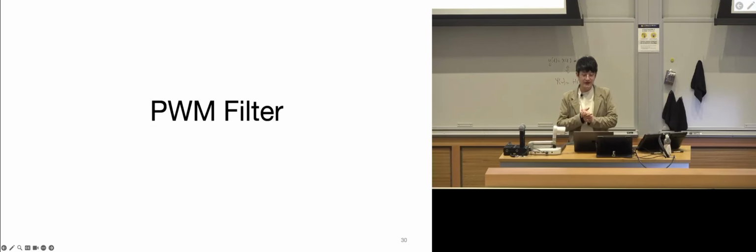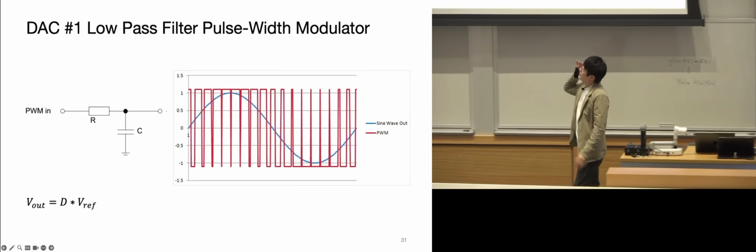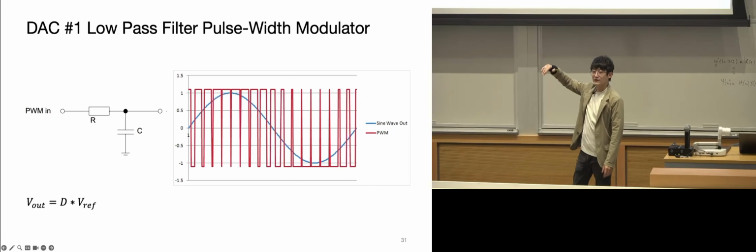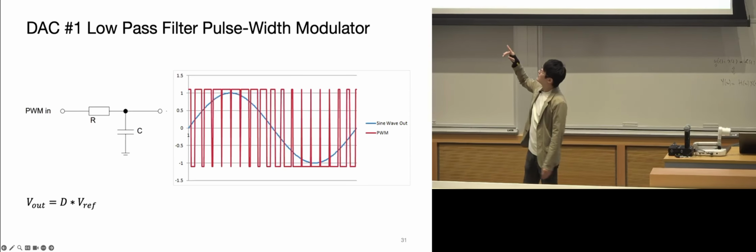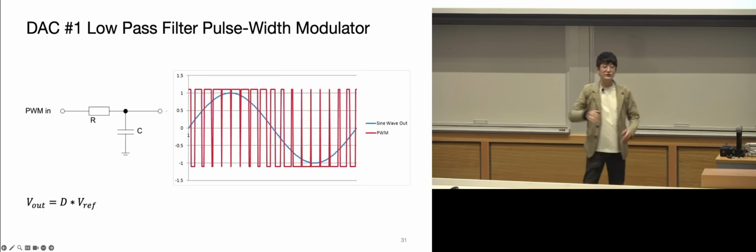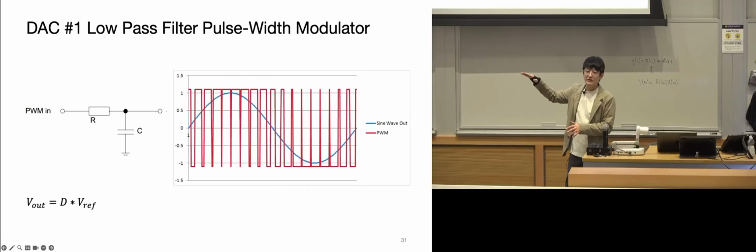Okay, so then we will move on to one of the simplest types of DAC. It's called the PWM filter. You probably remember, if you have an RC circuit and a consistent voltage, it takes some amount of time for the RC circuit to charge up, right? Depending on the value you put on there, the charged up value will be different. And conveniently, we could use a PWM signal to generate effectively different levels of equilibrium voltage.